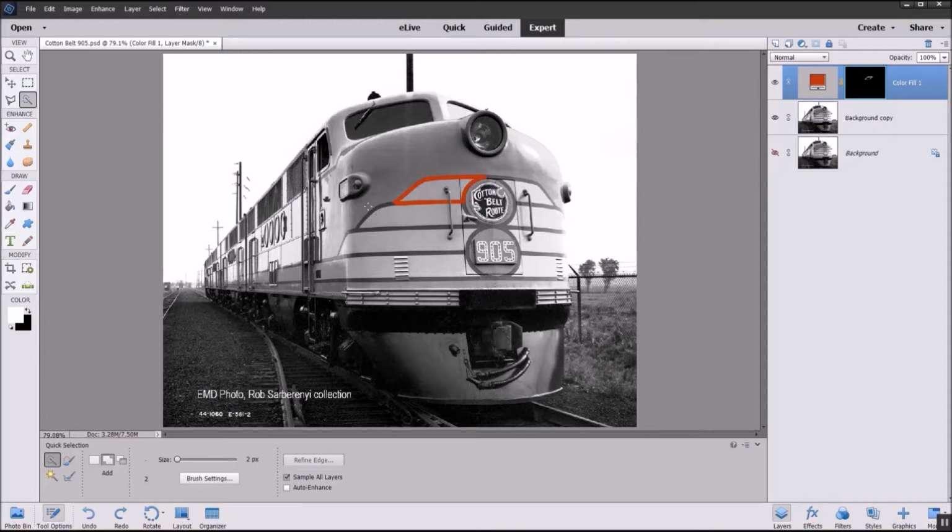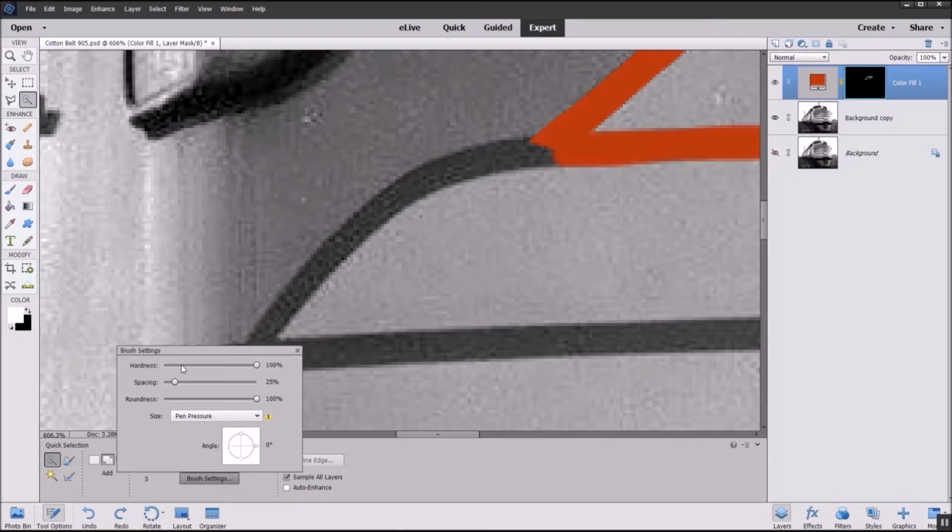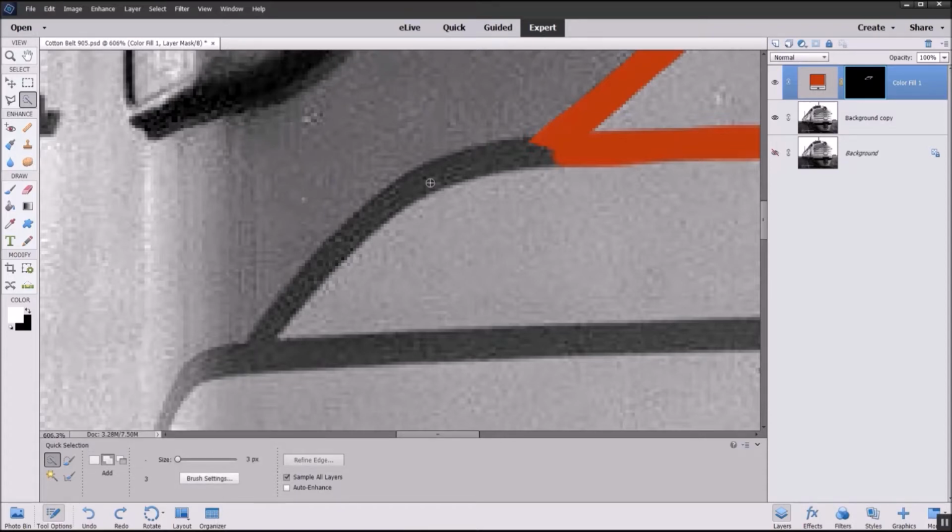So let's go ahead and hit Z and zoom into this little section right here. And we're going to select the quick selection and add. And what we're going to do is take a look at the size of our cursor. Again, you can make it larger or smaller in this, just like you can in others. We want to make sure that we have a hard brush, and we're going to make it small, because the smaller it is, the less likely it is to jump across. If you make it really large, it's going to select very large areas, and we want to just select something